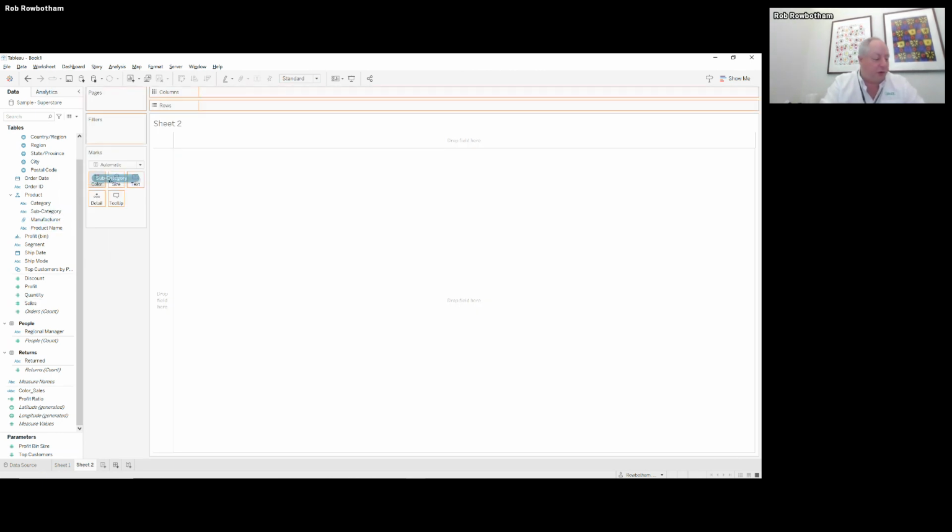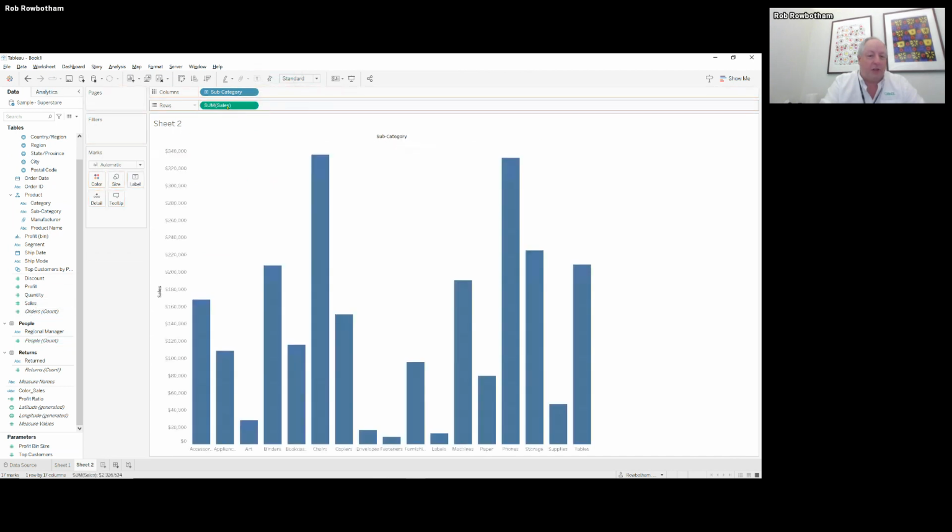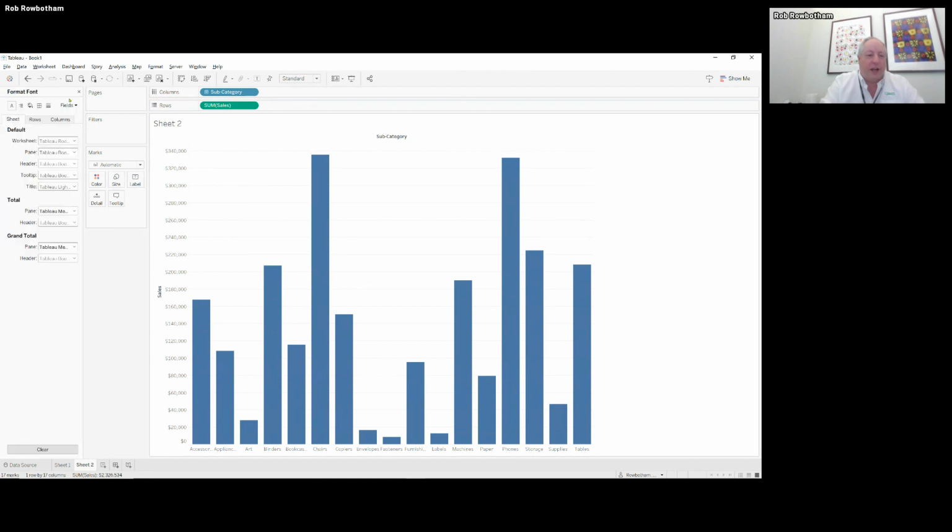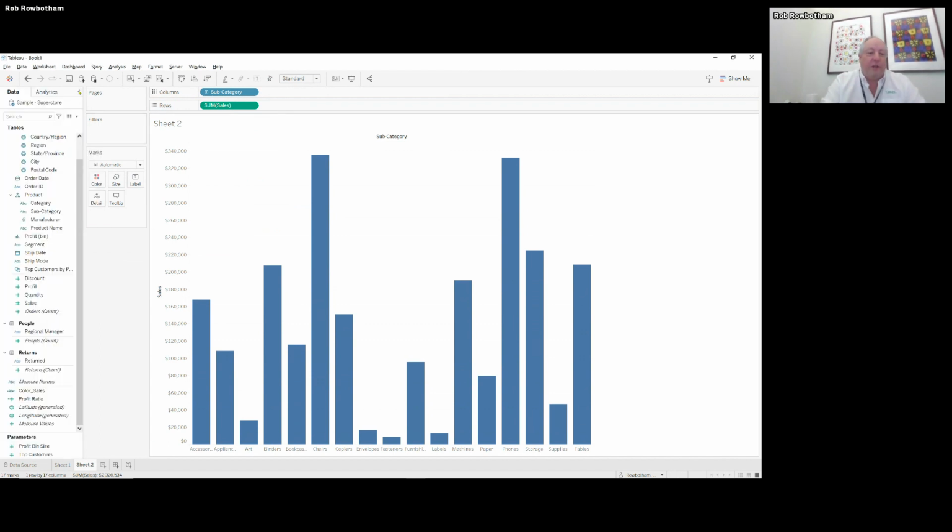Say we had a few more items to look at. Maybe we want to see all our sales by subcategory. We've got a handful of subcategories. We grab our sales numbers. We see a bar chart. One of the first things that I always do whenever I create a chart in Tableau is come in and remove some of these grid lines that are in the background